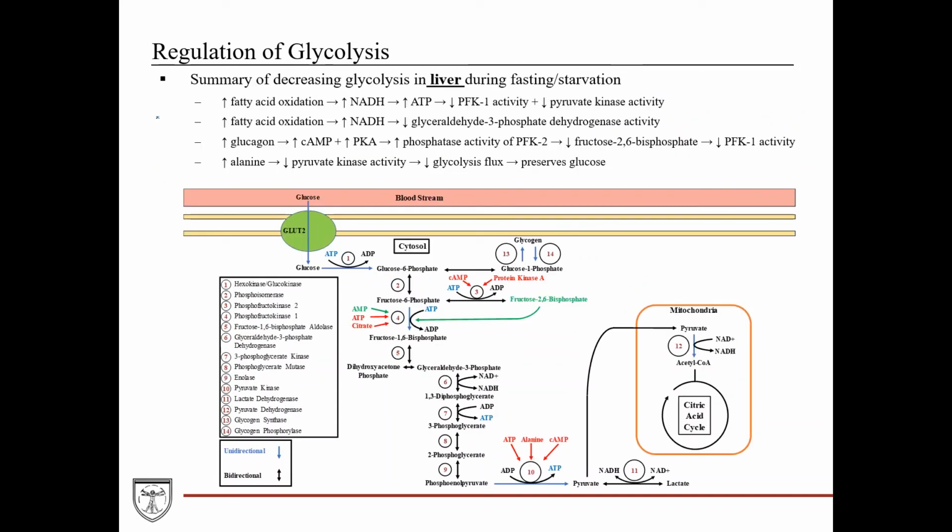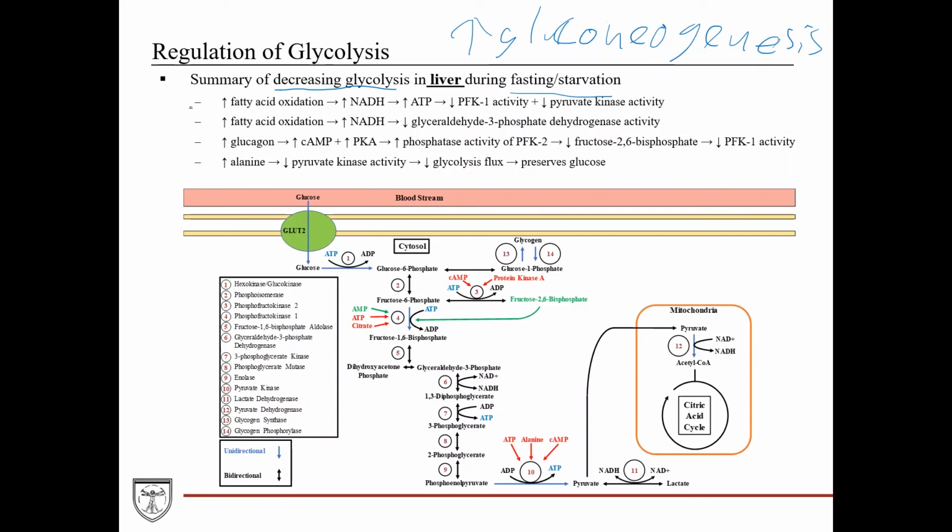All right, so this is a summary slide that brings together a number of points we've made over the last couple slides and helps tie them all together into a cohesive story that explains decreasing glycolysis in the liver during fasting and starvation. Now, remember, the reason why you want to decrease glycolysis is because you want to increase gluconeogenesis. And remember, the reason you want to increase gluconeogenesis is because you want to synthesize glucose for peripheral tissues. And remember, you can't carry out glycolysis and gluconeogenesis at the same time,